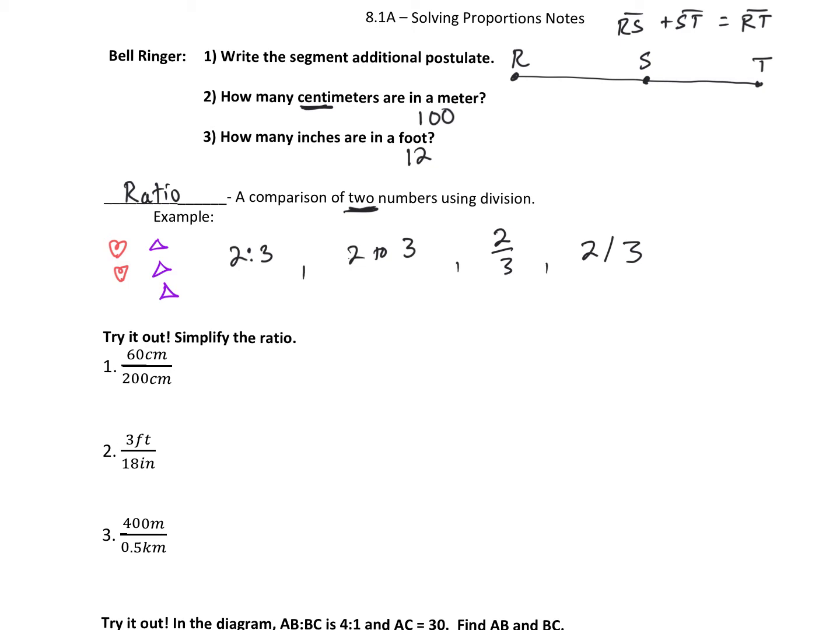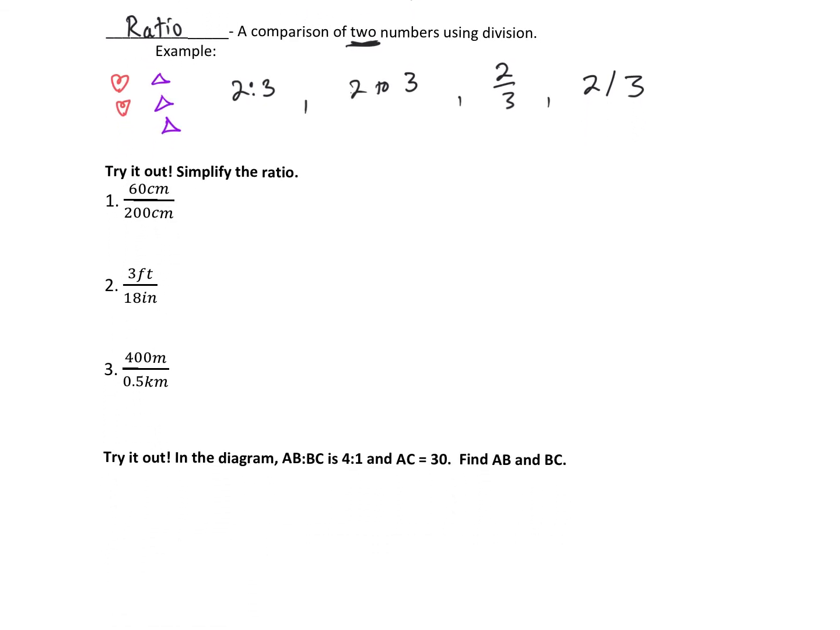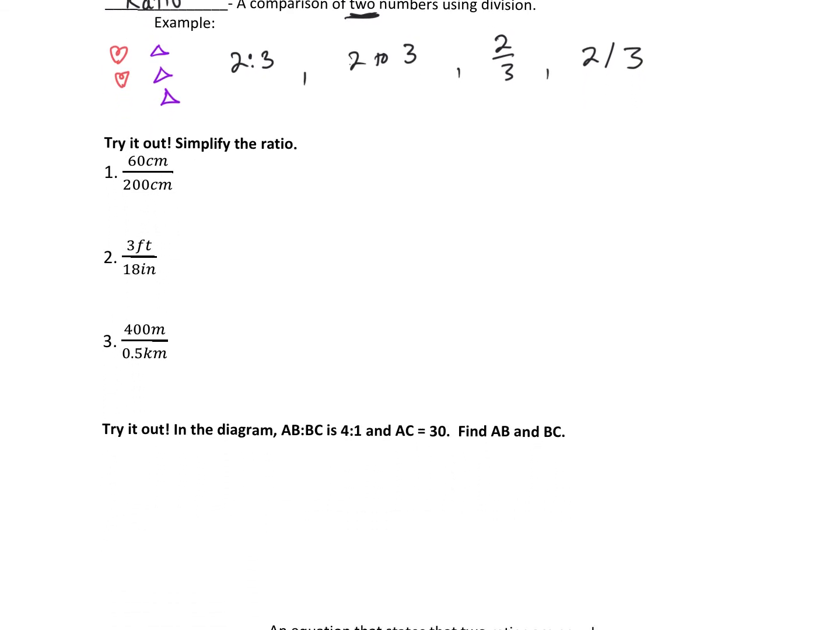So let's try out ratios a little bit. Let's simplify the ratios. First things first, when we write ratios, we don't want labels, so we want to remove the labels. But in order to remove the labels, they first have to be the same type of labels. So here, if you look at number 1, centimeter in the numerator and centimeter in the denominator can both be removed. Now we have a 60